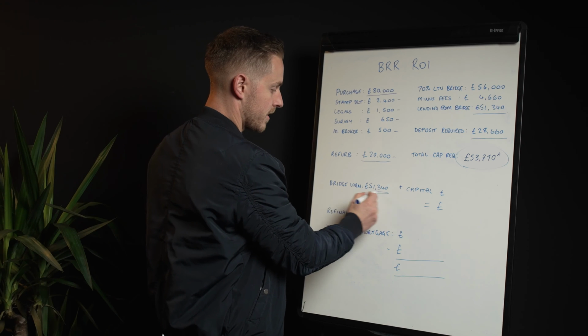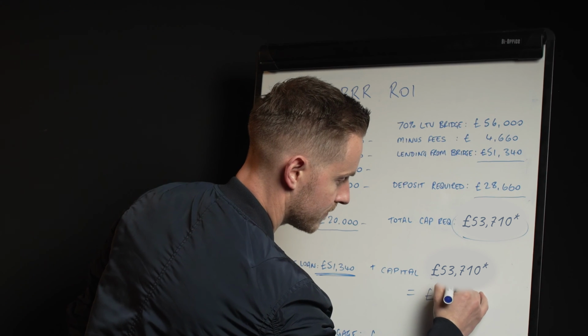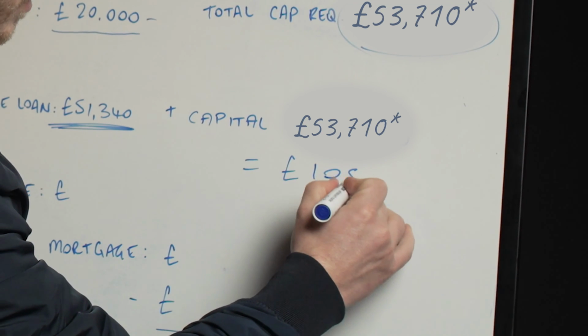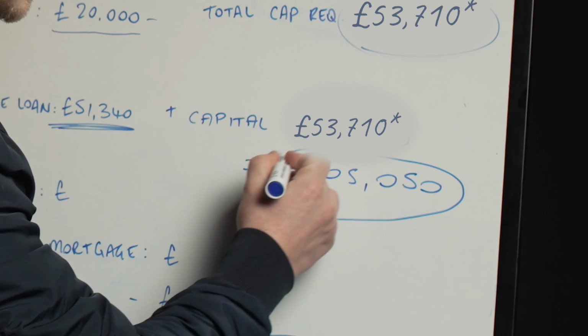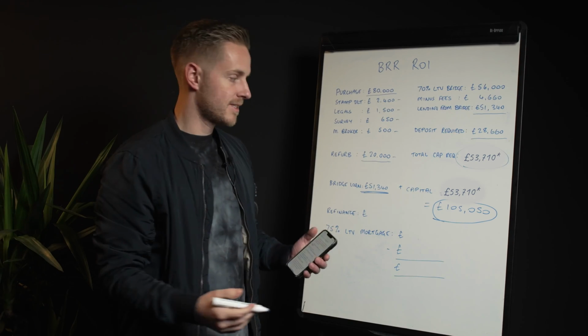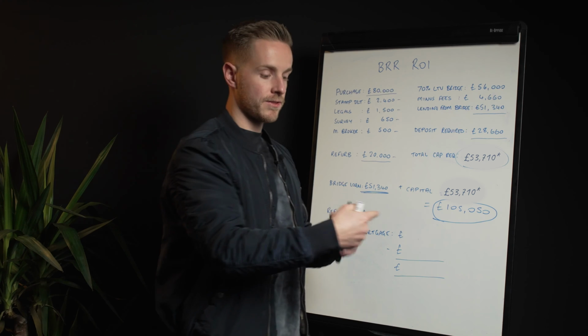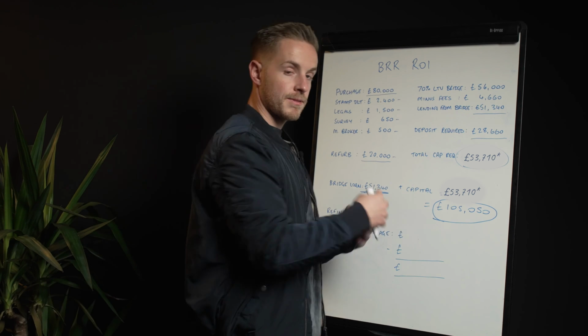So we know our bridging loan is £51,340. We know our capital is £57,310. So the total of that is £105,050. Okay, so this is the total capital going into this deal, not just from us, but also from the bridging lender. That's the total amount to purchase it with the fees, to do the refurbishment, and then complete the